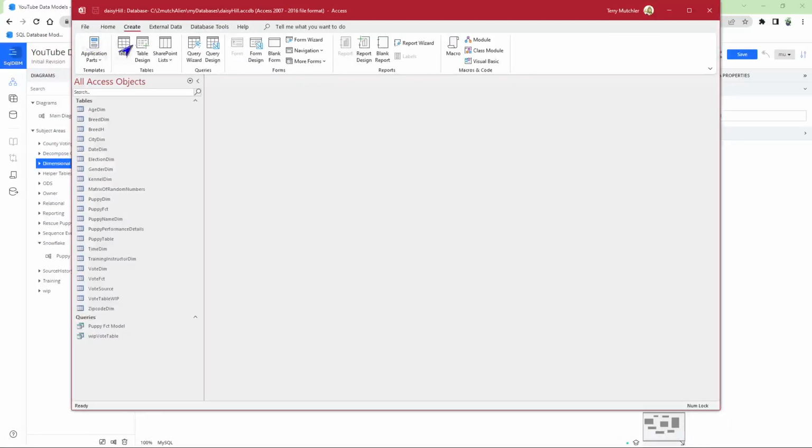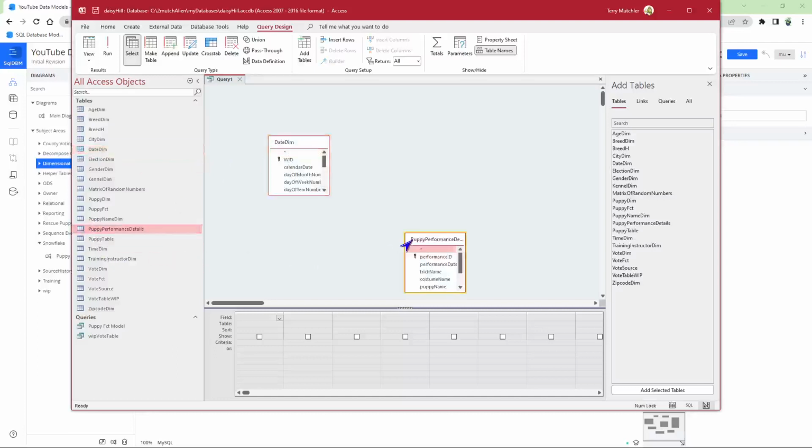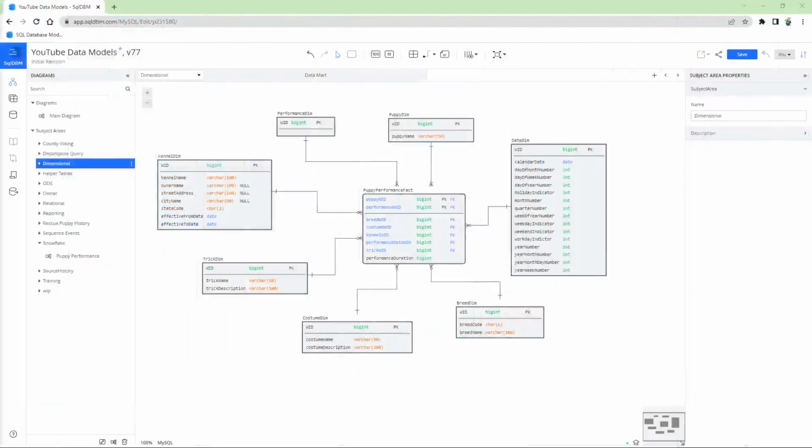If I create a new query designer, what I would do here is, as you drag and drop in, you then have to identify how to relate these together. So you would have to be modeling whatever the structure is, and which of these makes it more readily understandable by your business community, whether they are dropping in a structure such as your star schema or trying to figure out how to drop in the structures of your